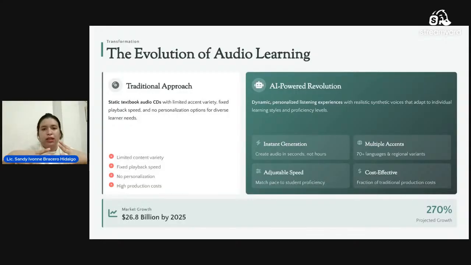That's so interesting for current days, where we have a globalized world and we need to interact with others, not only in English but also in Mandarin, Chinese, Japanese, and other languages. Cost effective: a fraction of traditional production cost. We don't need to pay to generate new audios, new listenings, new activities. We can access these tools as teachers at no cost,